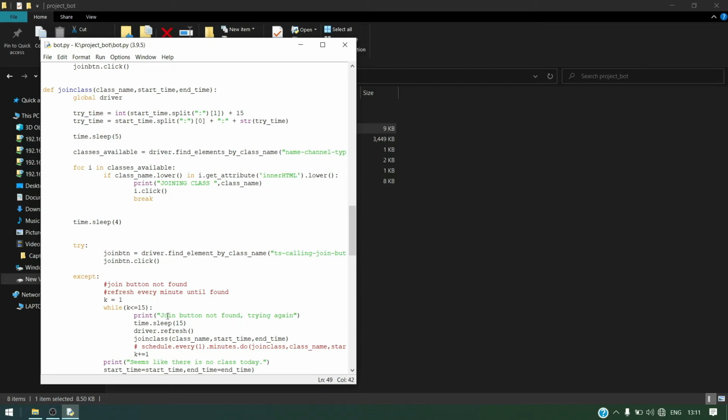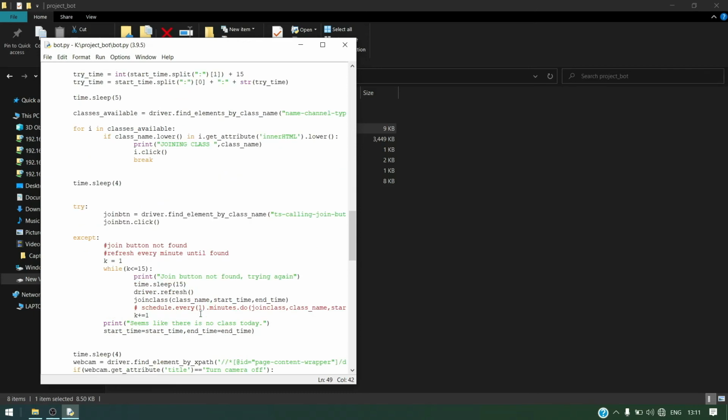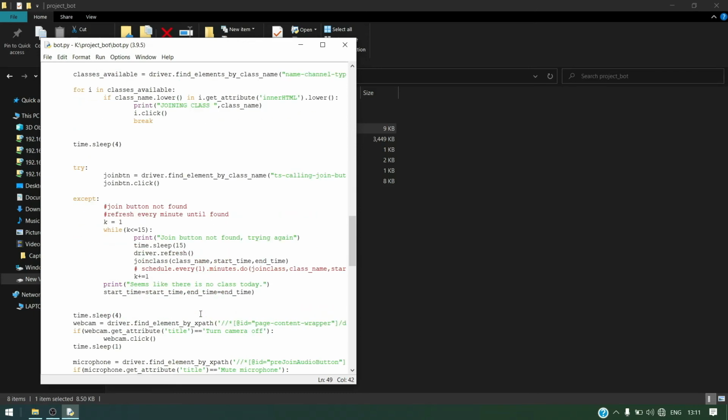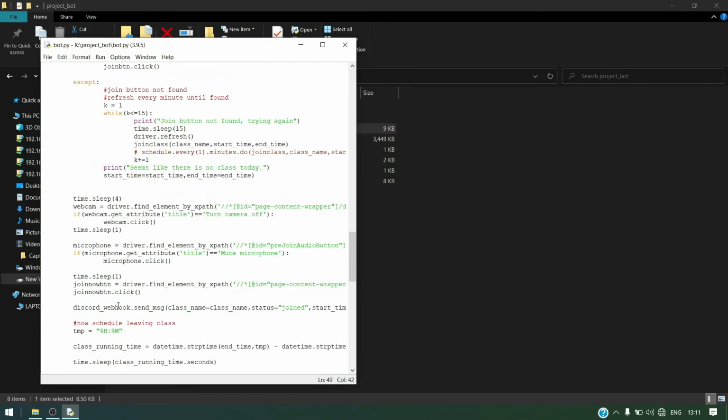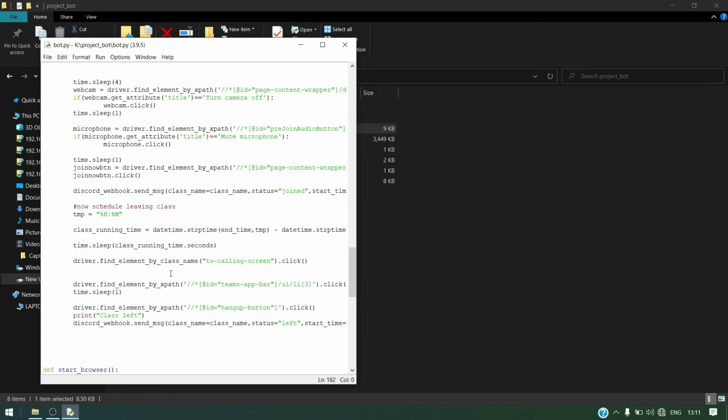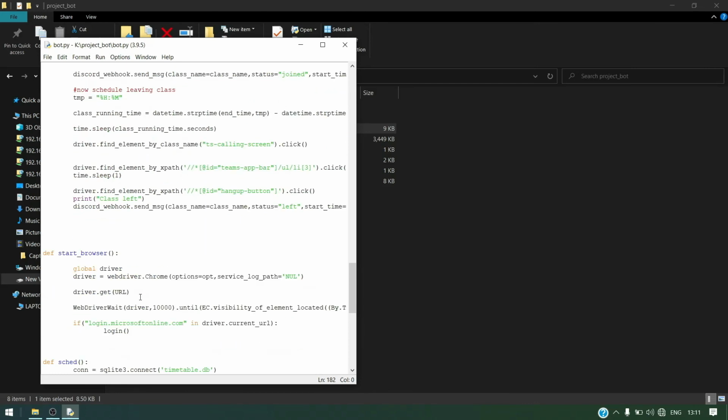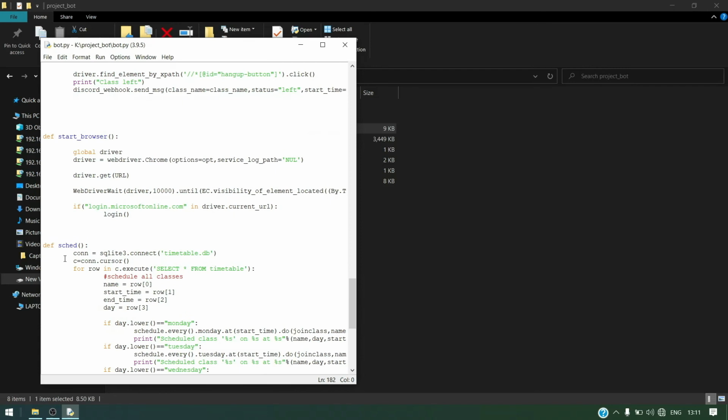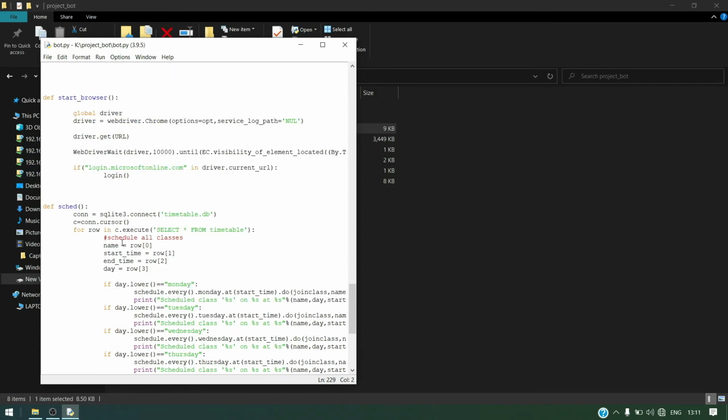If it doesn't find the lecture, it means the lecture is off and it will go into sleep mode. It will also make sure that the webcam and the microphone are turned off. Then when the timetable goes on, the bot will start automatically, find the lecture according to the schedule, and join the lecture.